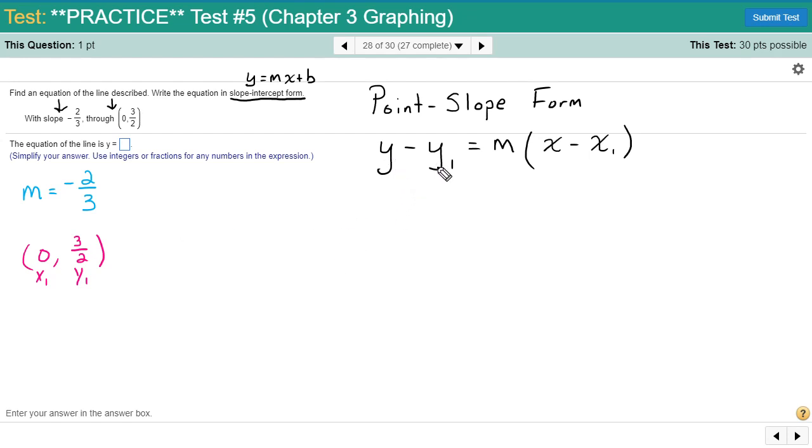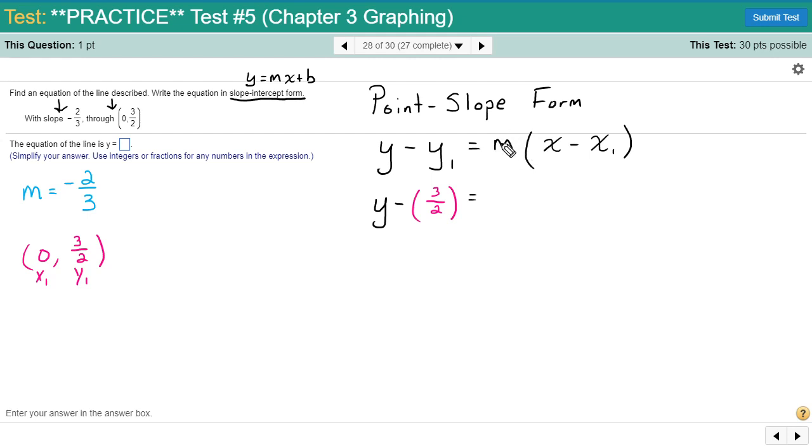So y minus y sub 1. Well, we don't have a y sub 1 there, we have a y, right? That's not what y sub 1 is. So in this case, we're going to bring down the y, minus, and what's y sub 1 based on how we labeled our point? Well, y sub 1 is 3/2, so we'll plug that in, and we set that equal